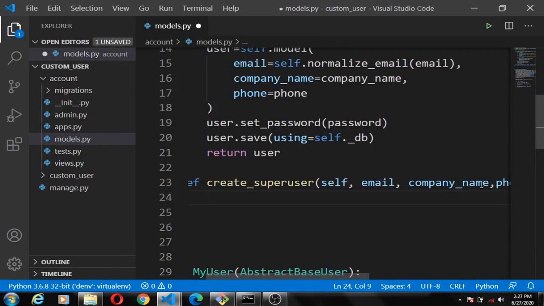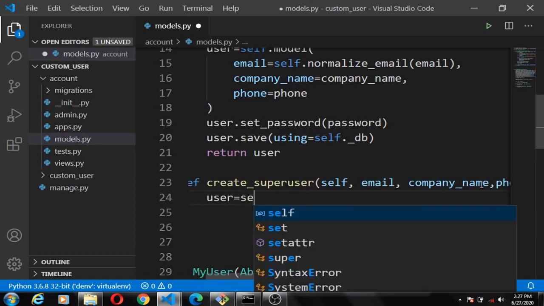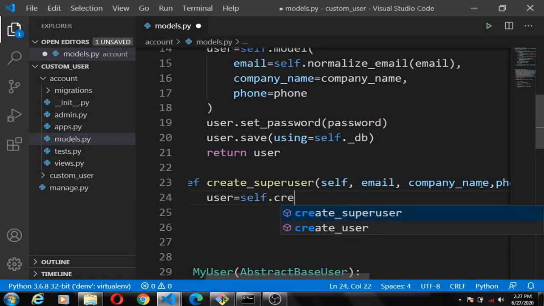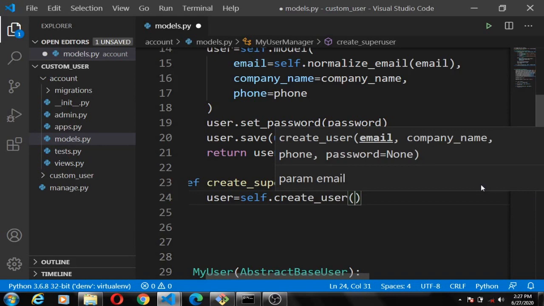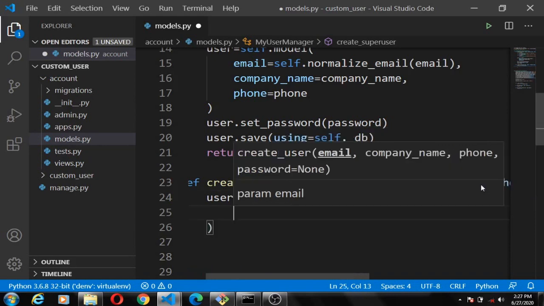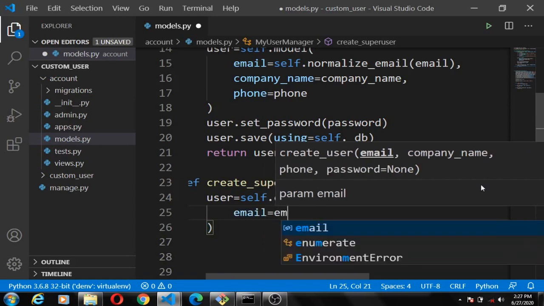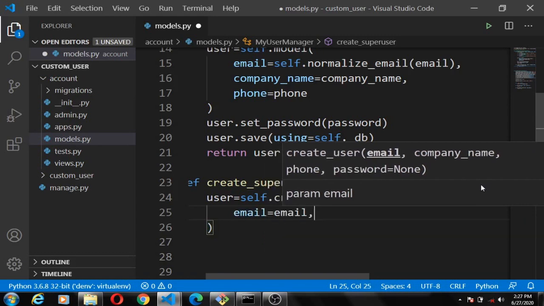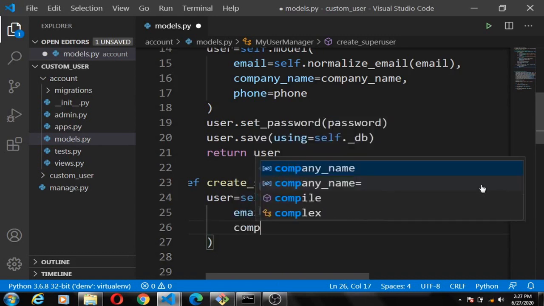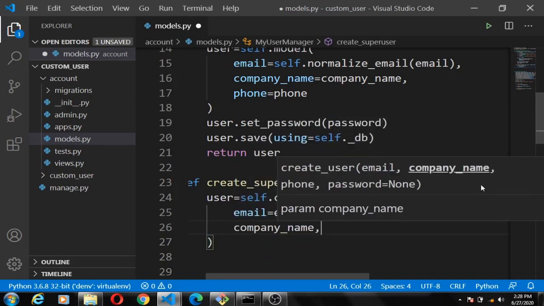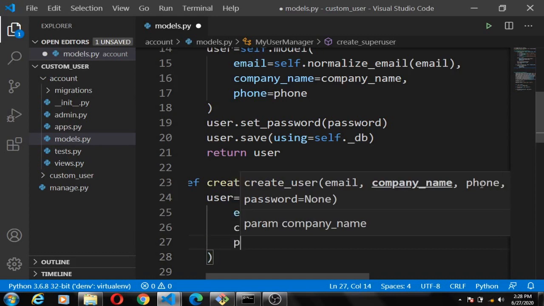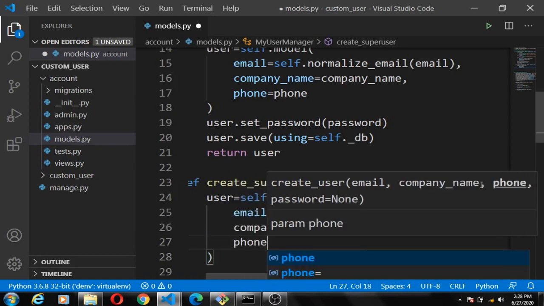Okay, so we're going to create the super user, create a variable called user, set equal to self.create_user. So we're calling the create user function that we defined before, which we're going to pass in the required field, which is the email. So the super user should provide an email, also provide a company name and the phone number. So these are the fields that the